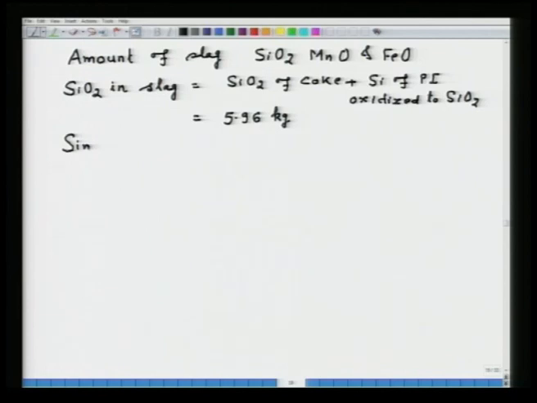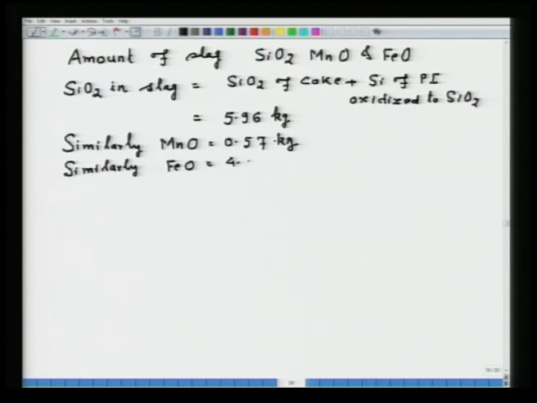Similarly, we can find out MnO, because the source of MnO is only oxidation of manganese and there is no other source. So, that will be equal to 0.57 kg. Similarly, one can calculate the amount of FeO, that will be 4.00 kg. In addition to SiO2, MnO and FeO, the slag will also contain calcium oxide,